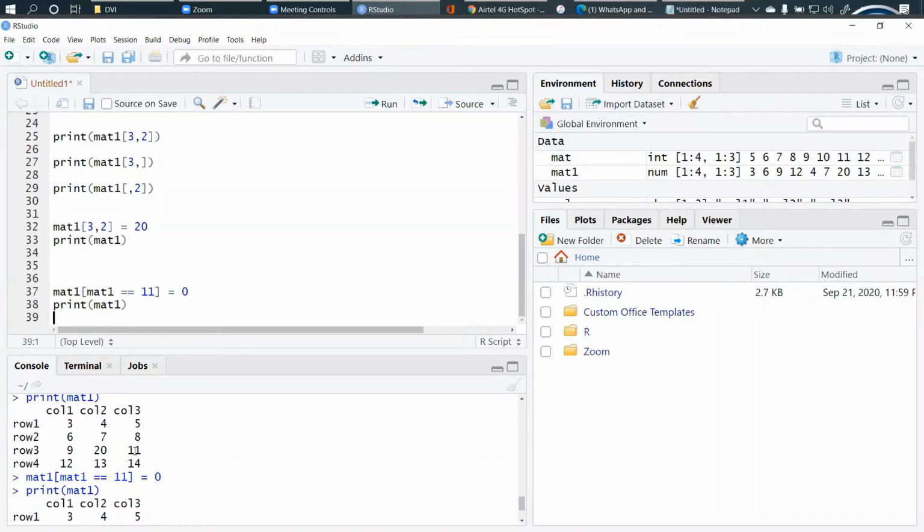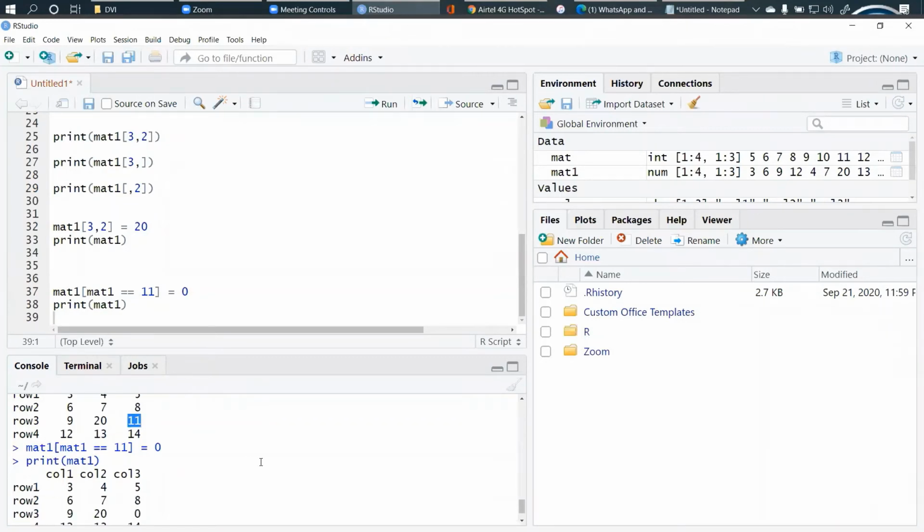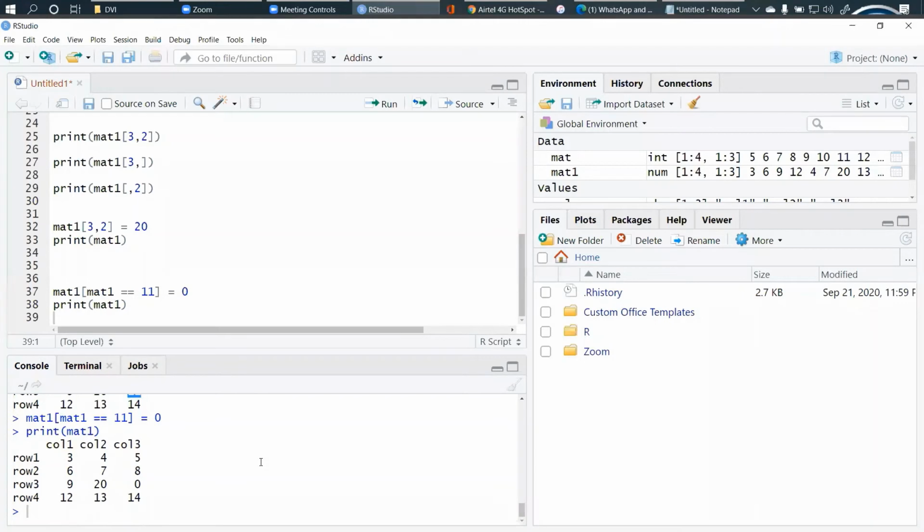See, there was one element which is equal to 11, this is here, okay? And what we're trying to do is tell the entire grid that wherever you find 11, replace it by 0. So this is here at this position, row number 3, column number 3, right? So it is replaced by 0. So first we saw by specific index, right? And now what we're seeing is by value. So wherever you find 11, replace that position by 0.